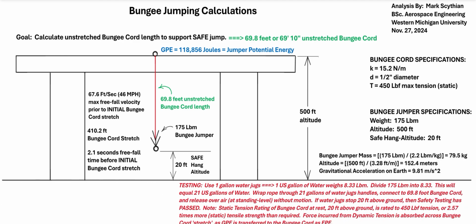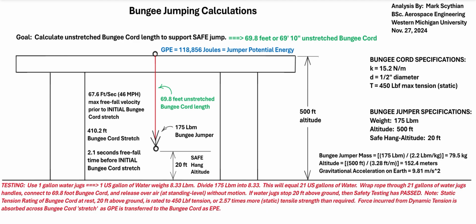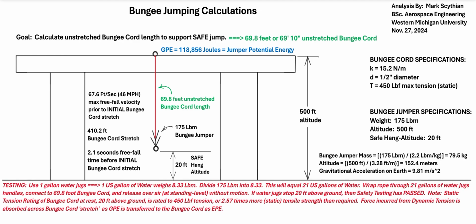Each gallon of water weighs 8.33 pounds, so if we divide the jumper's weight, 175 pounds, by 8.33, that is 21 jugs of water, then tethered with just a regular rope and connected to the bungee cord, placed at the standing elevation on the bridge,